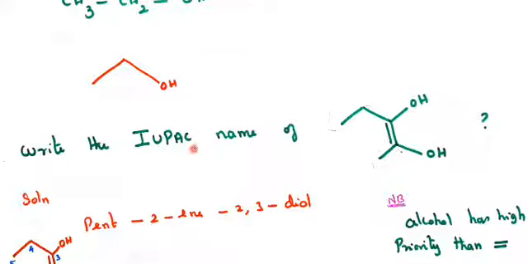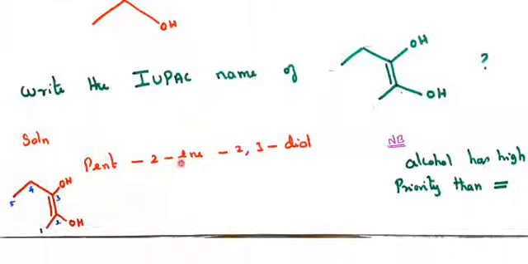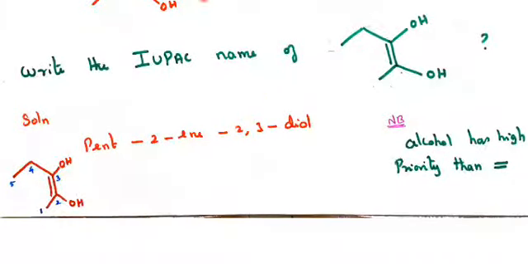Next, to write the IUPAC name of this compound. We are supposed to say IUPAC only. We are not supposed to say IUPAC name. IUPAC is the correct answer. So for writing like this, here consider that is 1 carbon, 1 carbon, third carbon, fourth carbon, fifth carbon. 5 carbons are there, and numbering from here is not the correct answer because a double bond is present and alcohol is present. So priority should go to the lowest number. So start the numbering from here, 1, 2, 3, 4, 5. At the second carbon, ene starts. Same second carbon, alcohol group, and third carbon, alcohol.